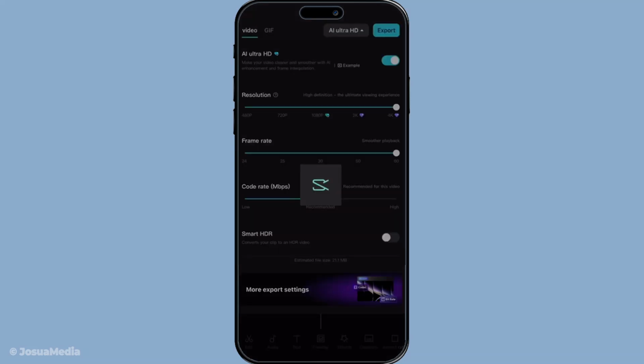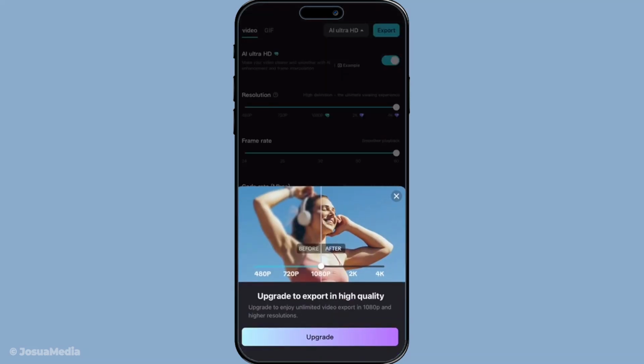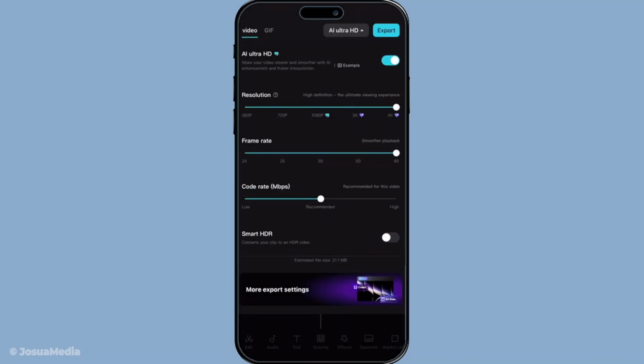Next, set your frames per second or FPS to 60 if you need that smoother motion in your video. Higher FPS can make your video appear more fluid, but use it as needed considering the type of content you have. Before you hit that final export button, pause for a moment and check the quality of each individual clip